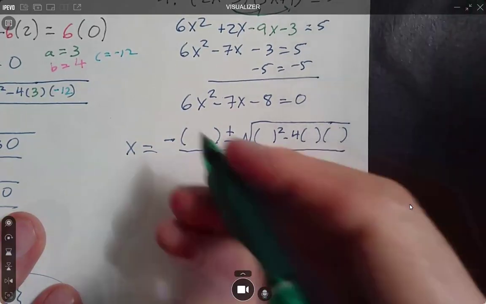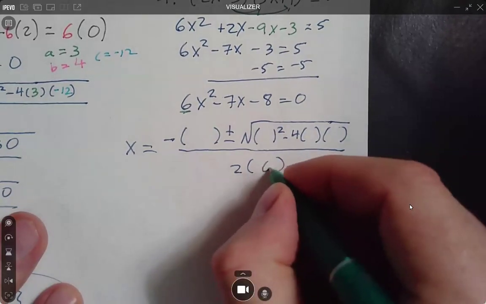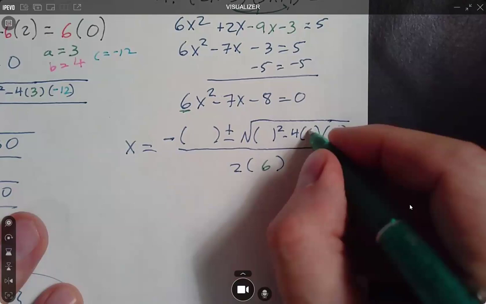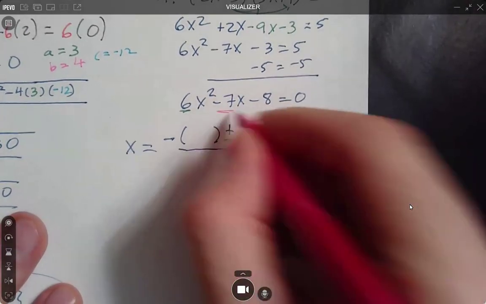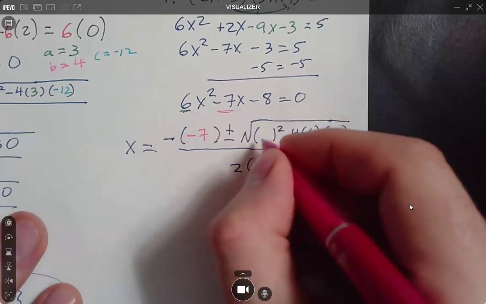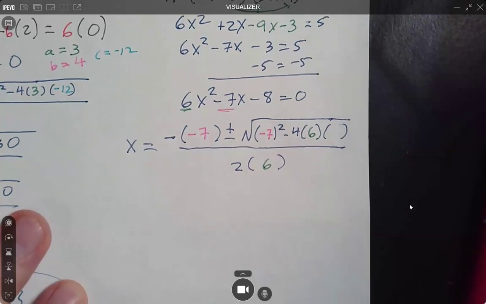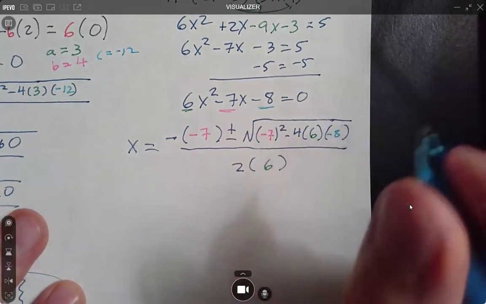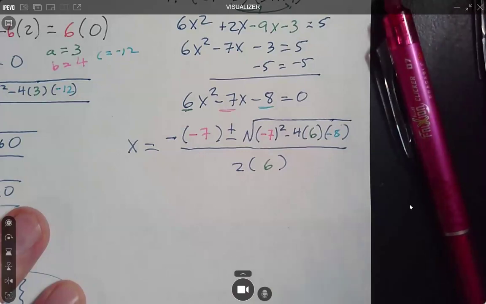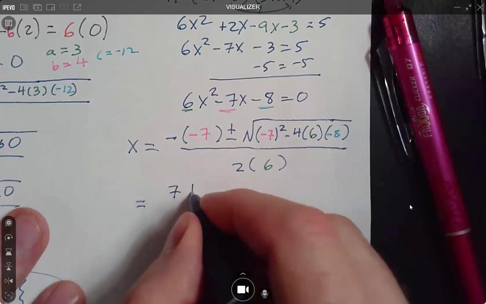So here, my 6, that's my A. This negative 7 is my B. And C, let's see, I think we were doing that in blue. So let me grab that. Here's negative 8. So now we're going to work on simplifying. This is going to be 7 plus or minus